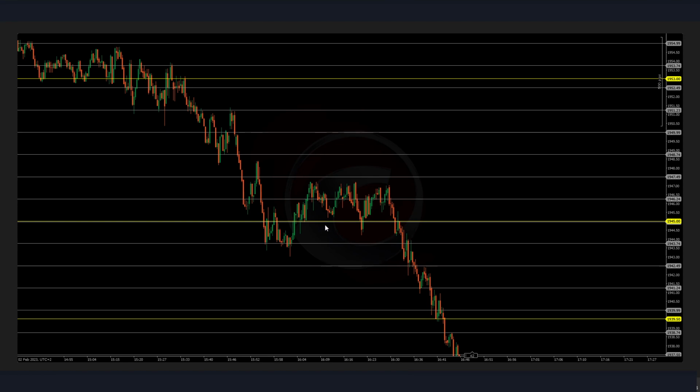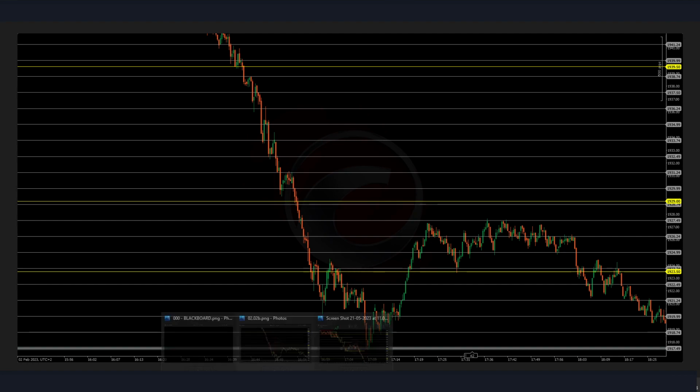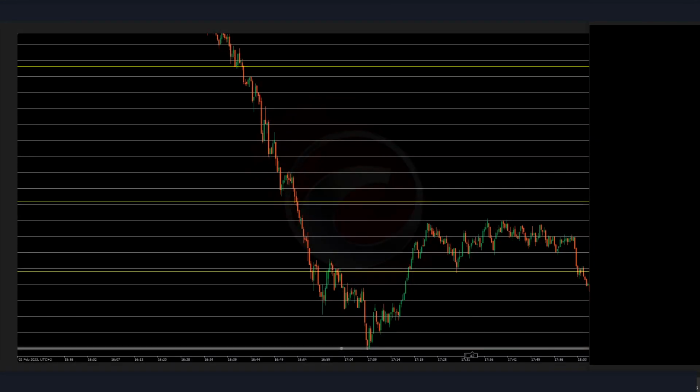Yeah, and the best entry also would have been with the continuation directly below the key level in such a strong fashion. So now we are seeing here, let's put it here, and let's go to the 3rd of February. Okay, I haven't seen anything, and yeah, screenshot this one can be closed. Okay, so